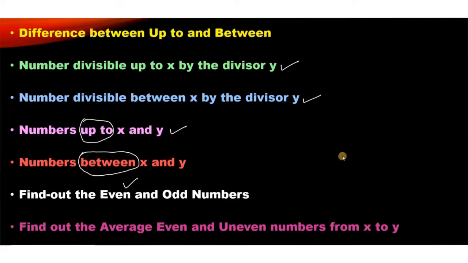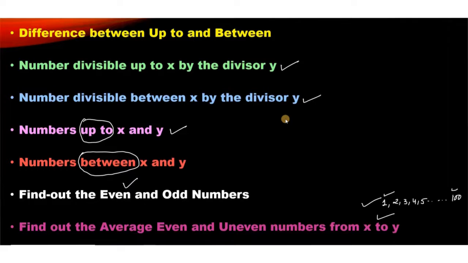And the last one is we have to find out a series which is given to you. For example, 1, 2, 3, 4, 5 and up to 100. And if they ask you to find the even number average, then how to do that? And sometimes they will ask you to find the total number of odd numbers from 1 to 100 and find its average. So these are the varieties that we are going to discuss in this chapter.